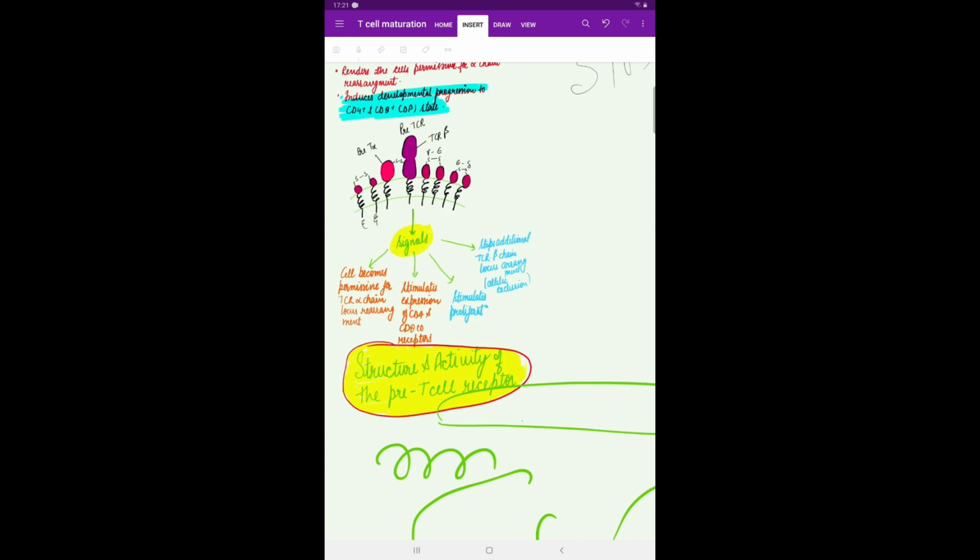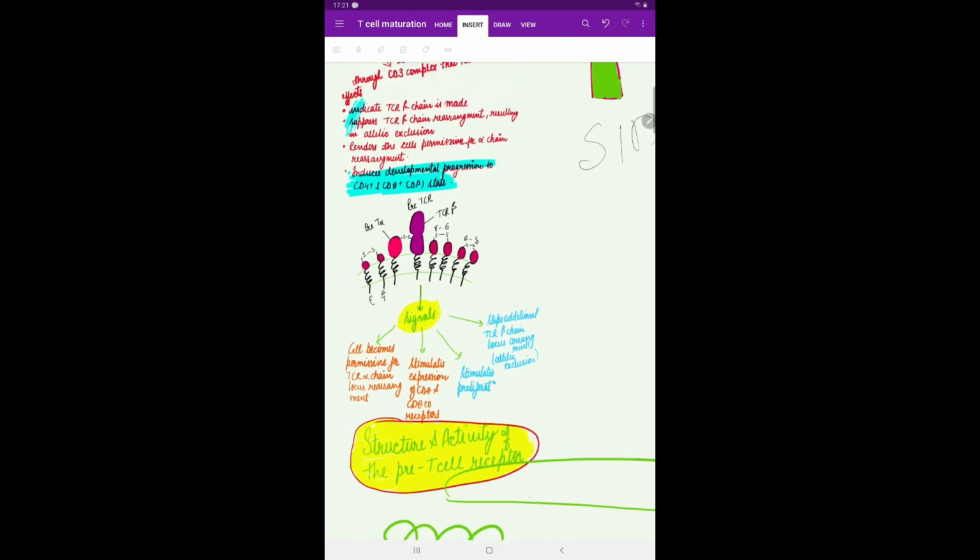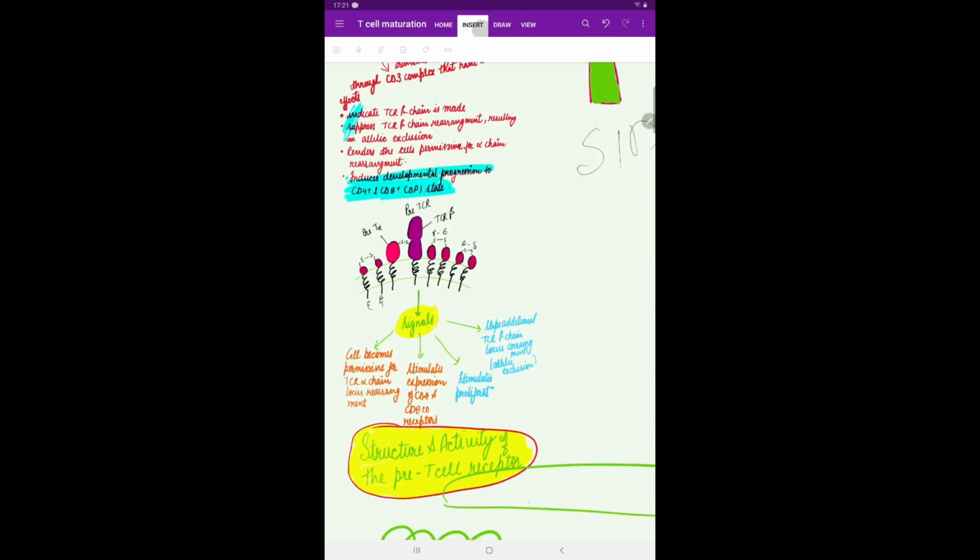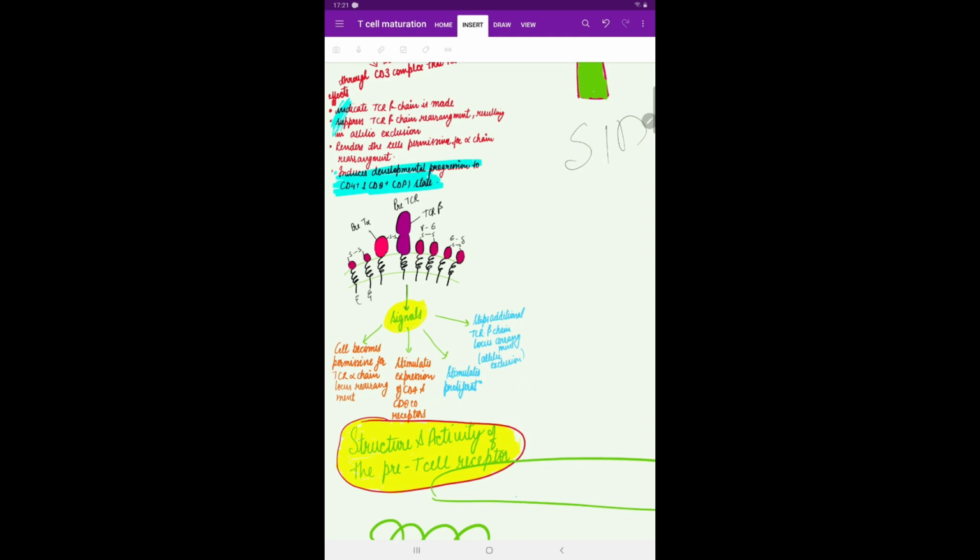One more thing is remaining. You also have an insert option. You can add a photo, you can add a link, you can add tags also, so that it would be easy for you to search. And you can also record your voice in this option, but I have opened this in draw phase, so I have drawn all the things, and this recording option is not coming. So this marks the end of this OneNote application.